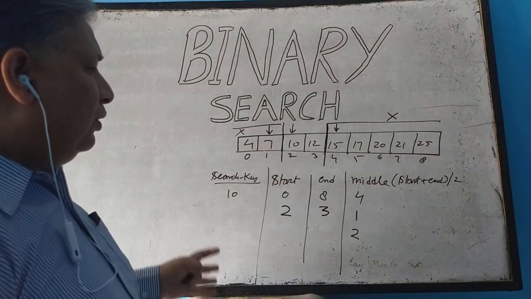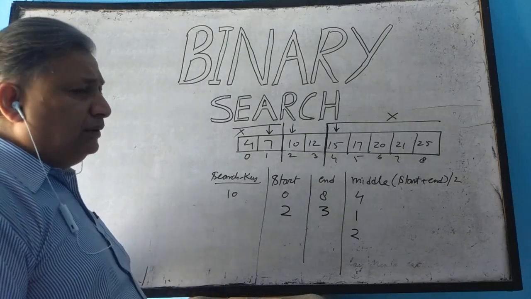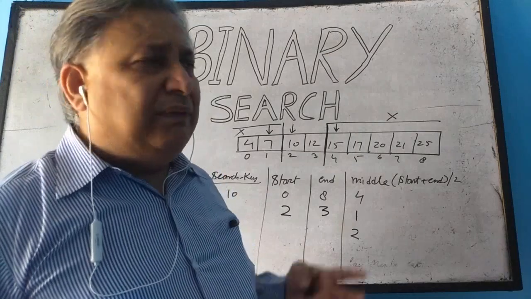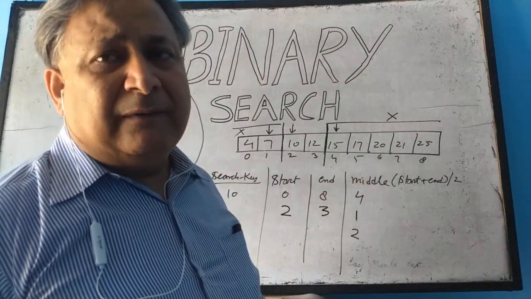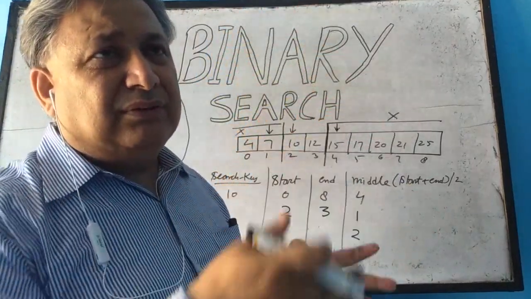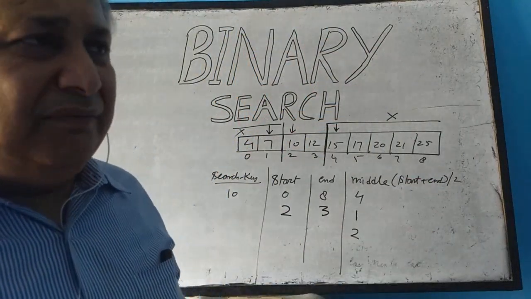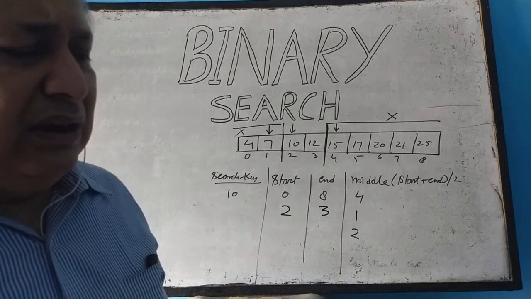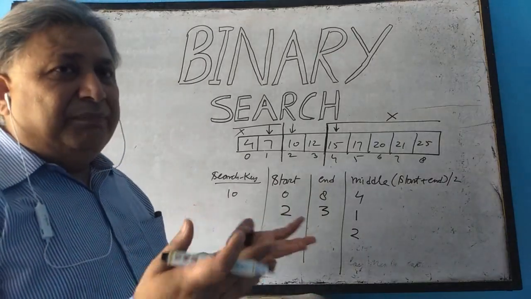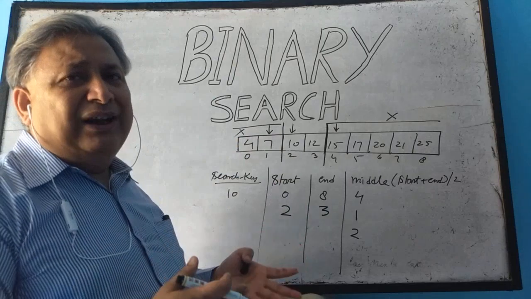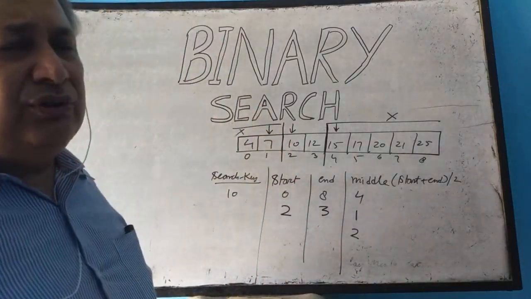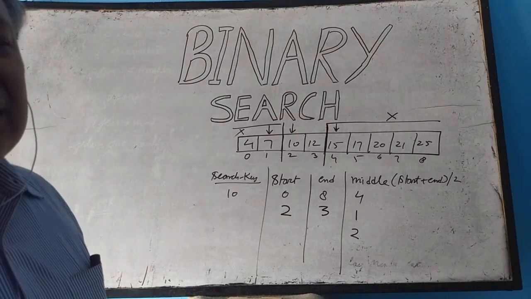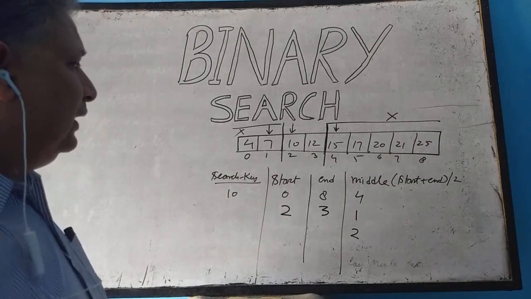Alright. So if the array size is very big, suppose we have an array of 100 elements and we perform this search. We will first go to the middle, and either the first 50 or the second 50 is eliminated, so we have 50 elements left. Then we compare again with the middle of the 50, and we get 25 elements. This way it is reducing its size very fast, so we get the answer whether the number is present or not very quickly.